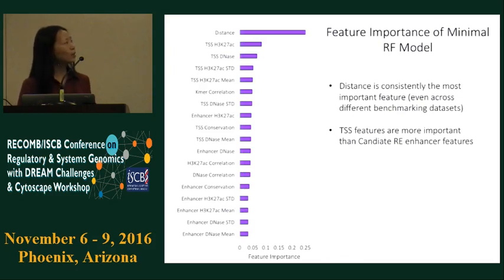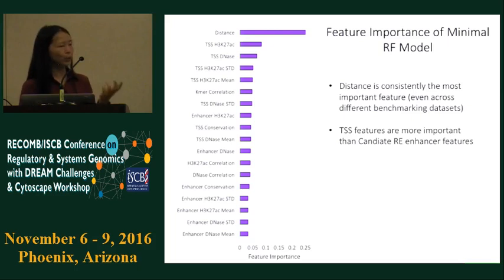The random forest model can also tell you which features are important. Here is the rank of features by their importance. The most important feature is actually the distance between the candidate RE and the gene that you might link to. In addition to that, the K27 acetyl signal at the transcription start site of the gene is really